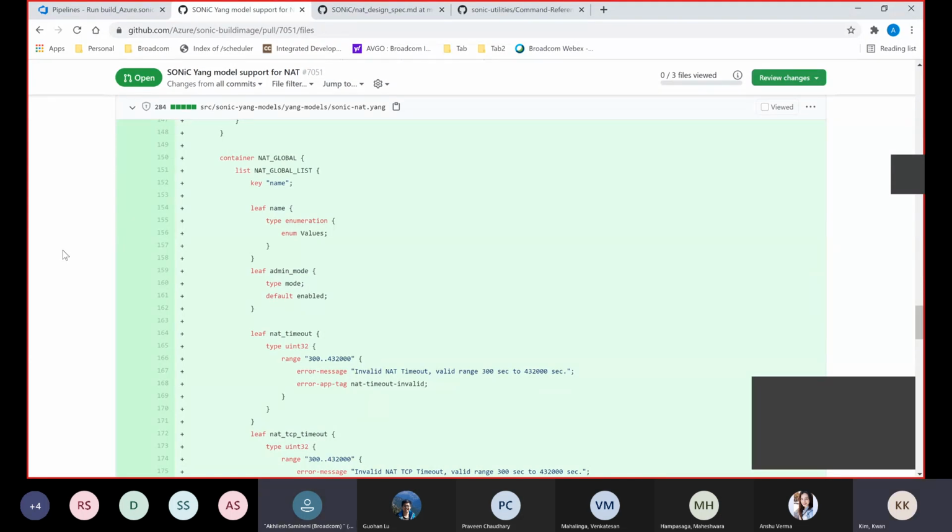If no one is, I will stick to this. I think common types.yang is the right place to hold the common type definitions that are supposed to be used across all the modules, especially a port, IP address, all those things, admin mode, upper mode.